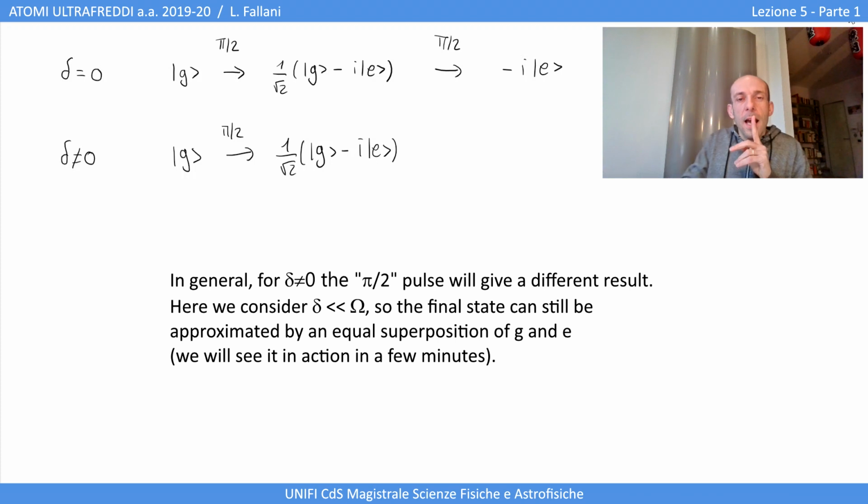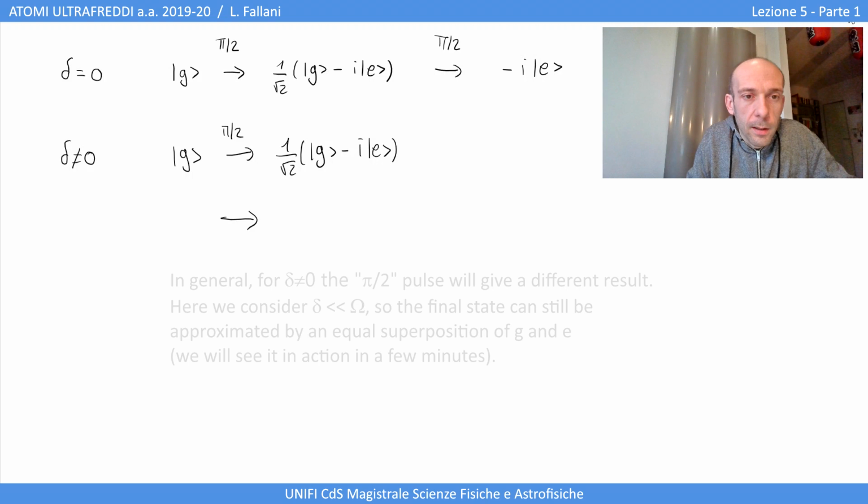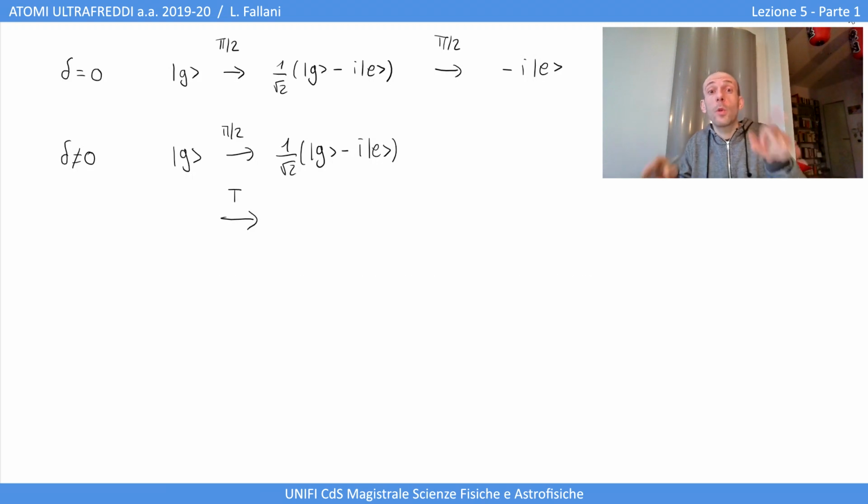Then, what I have not taken into account before, but it is important to take into account, is the fact that you have a free evolution of atomic superposition during the dead time. So during the dead time, let's call it capital T here, the time between pulses. So, of course, the atom does not interact with a field, because this is the dark time, but the superposition will evolve in time. So, G and E have different energies, and so the time evolution, the free time evolution